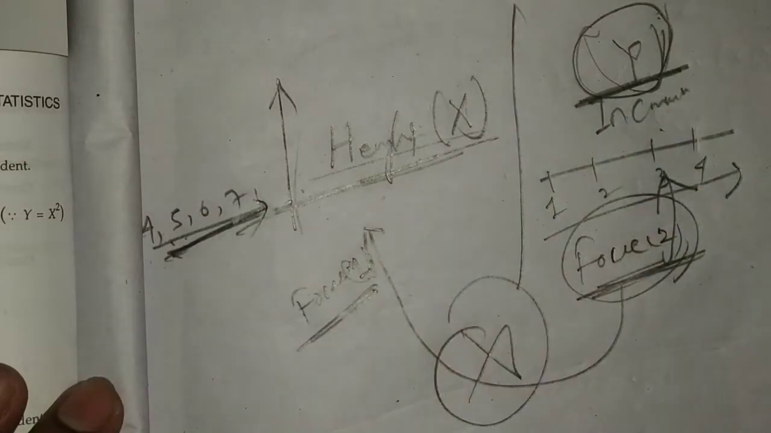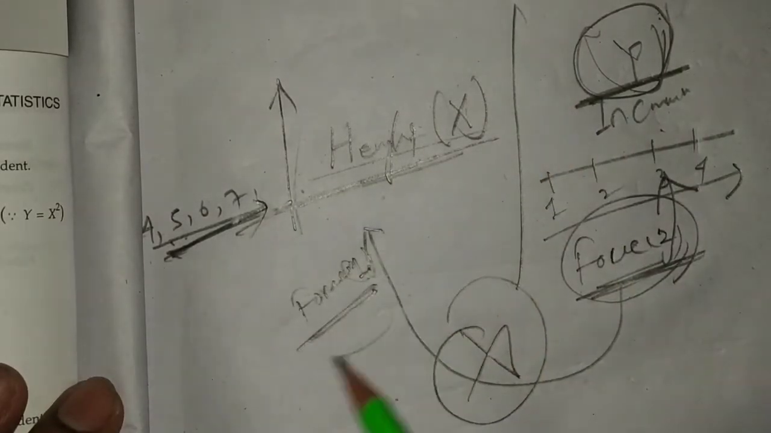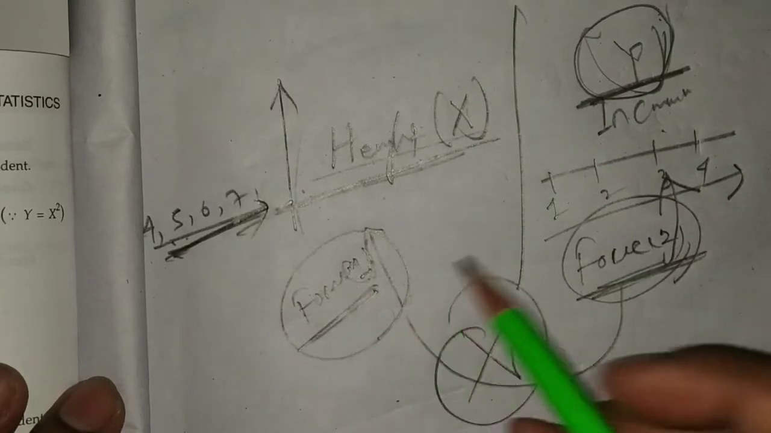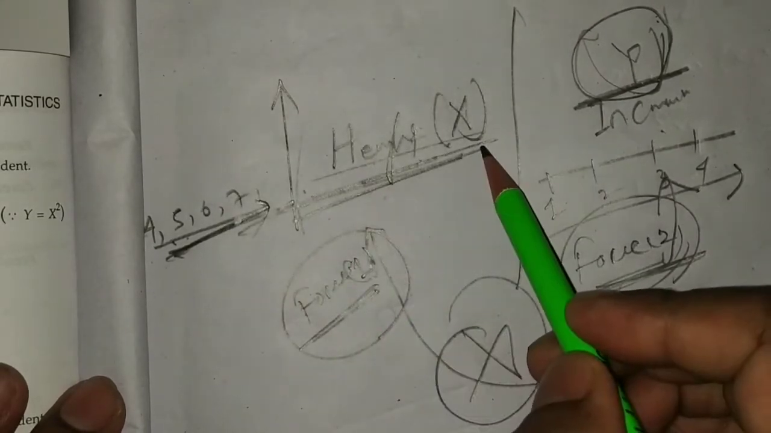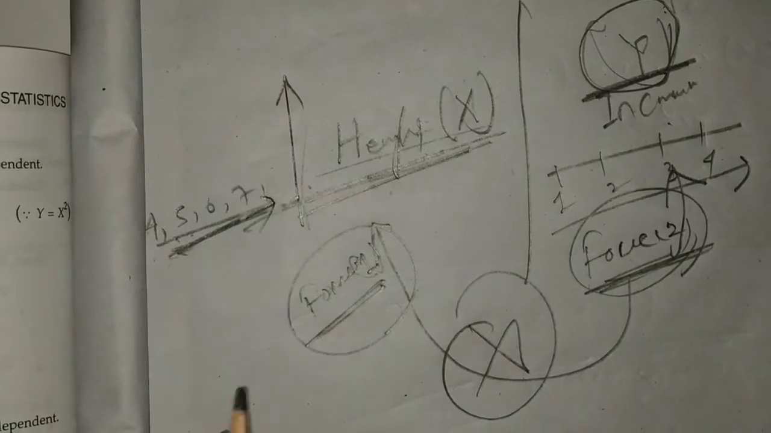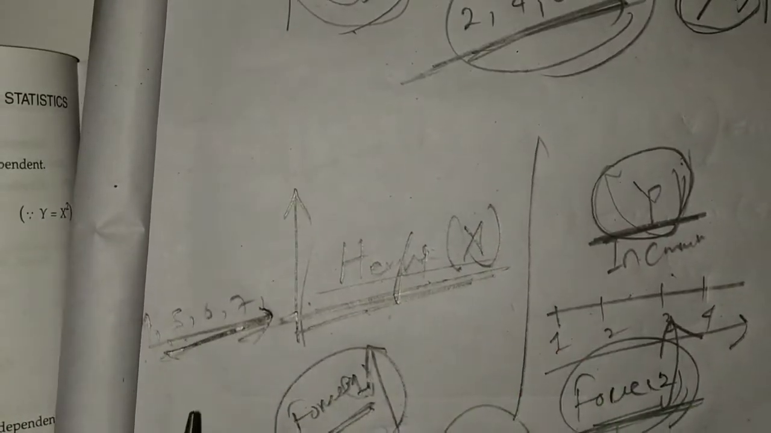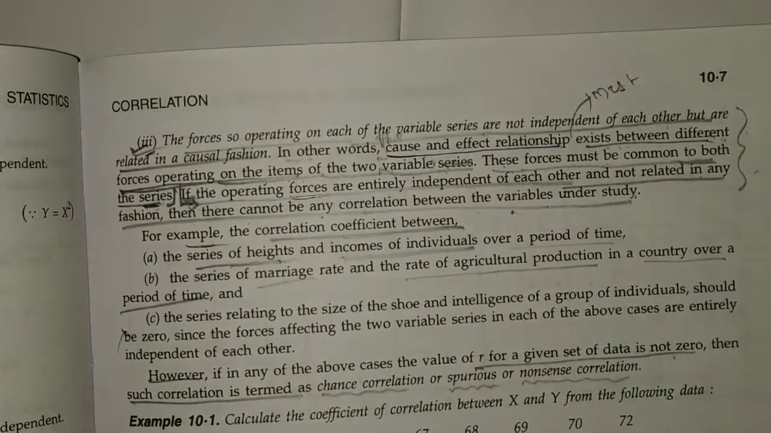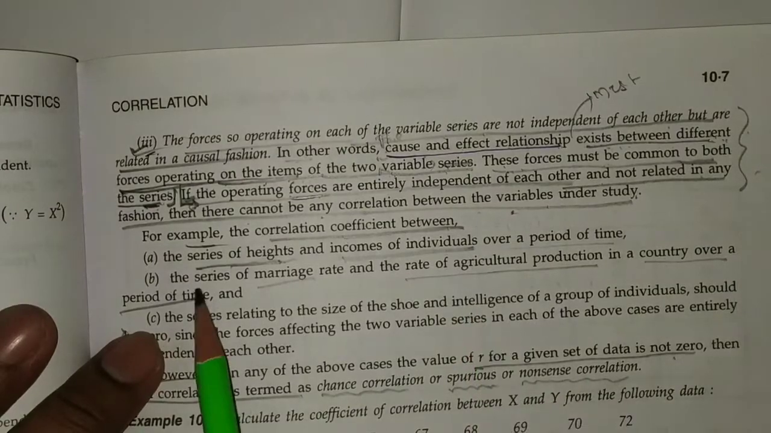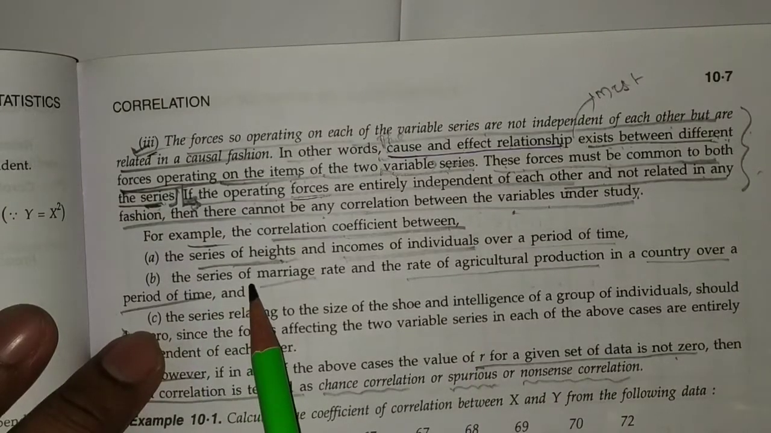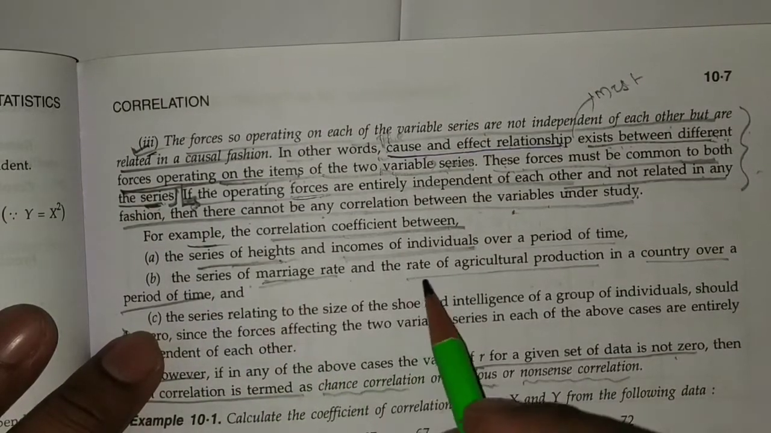There is no correlation between force, whatever you have to put to increase the height. So like that, here height and income both are uncorrelated things. Likewise, the series of marriage rate and rate of agricultural production